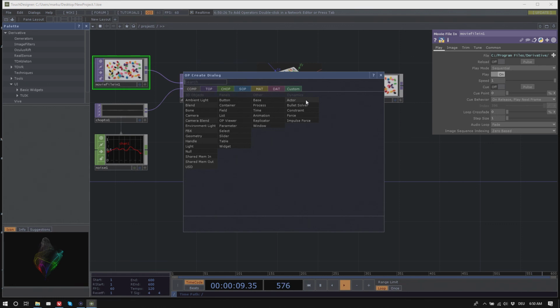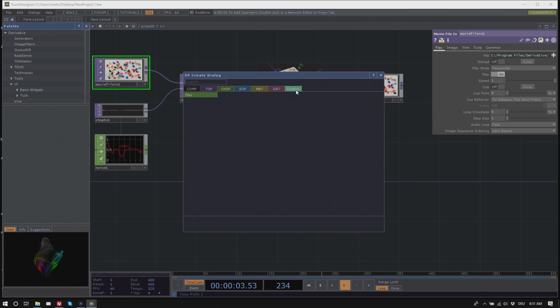It's fun. Let's put it this way. It's a starting point. And the other thing you will find is this custom operator thing. Those are what previously was C++ operators.